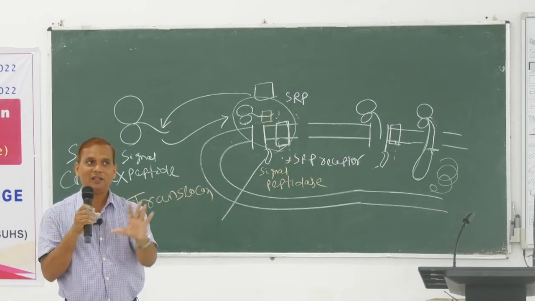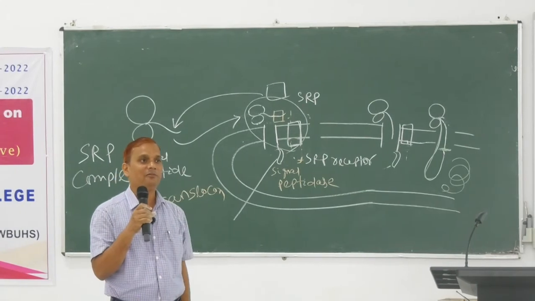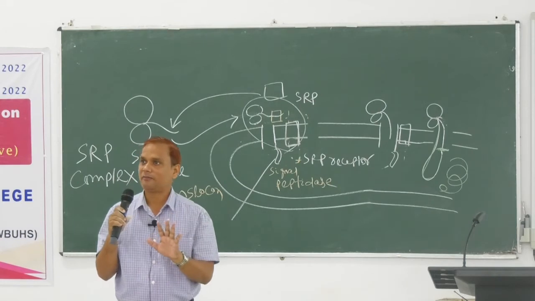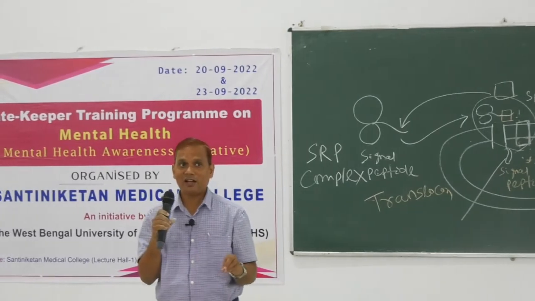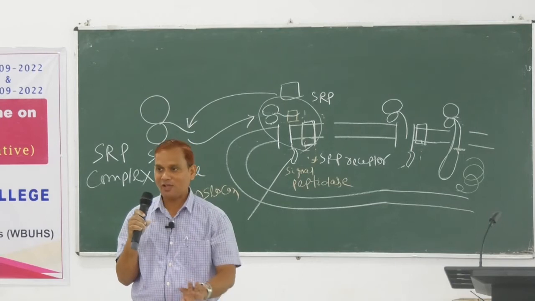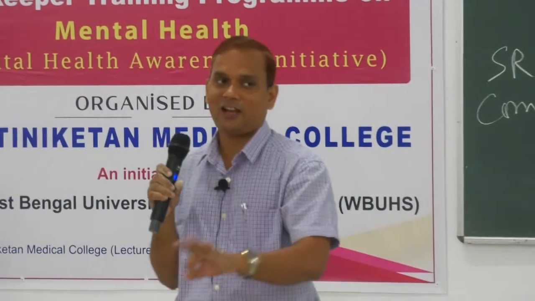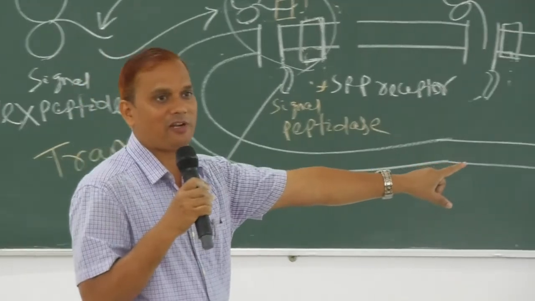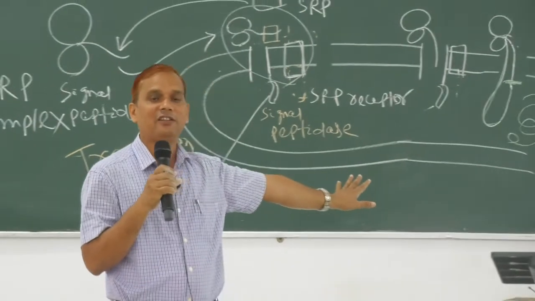After that, what will the protein do? That protein will enter inside the endoplasmic reticulum membrane. Understood or not? Because our target was that the protein had to enter inside the endoplasmic reticulum. There are two pathways. One pathway is the rough endoplasmic reticulum pathway, another pathway is the cytosolic pathway. Now we are discussing the endoplasmic reticulum pathway, so now that protein enters inside the endoplasmic reticulum.